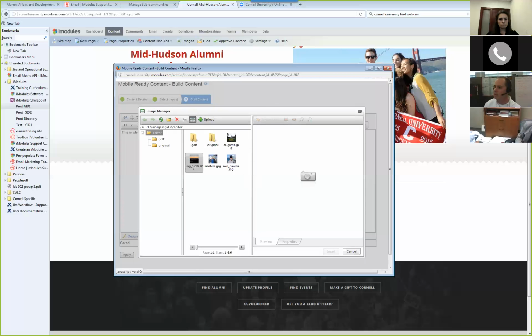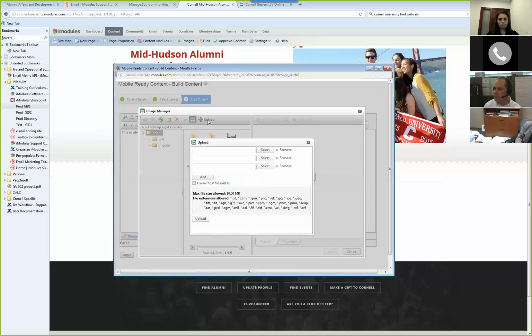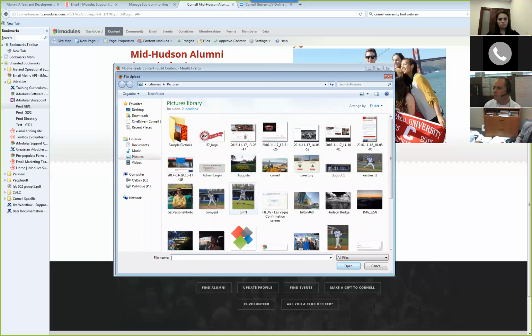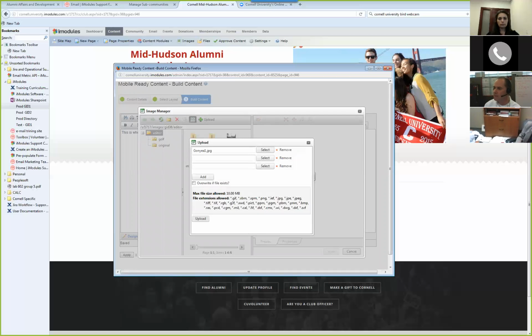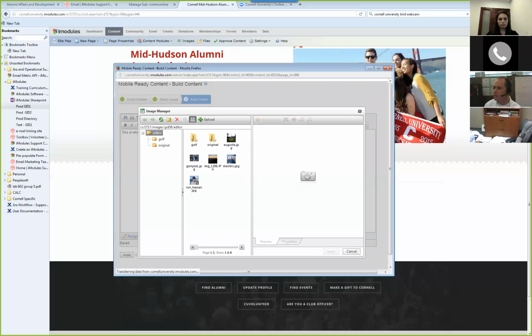If I want to store an image, I click this upload button, hit the select button, find an image, select the image I want, and then upload it. Now it's stored that image in my iModules repository, and this will stay here forever and ever. You can actually create folder structures if you want to.